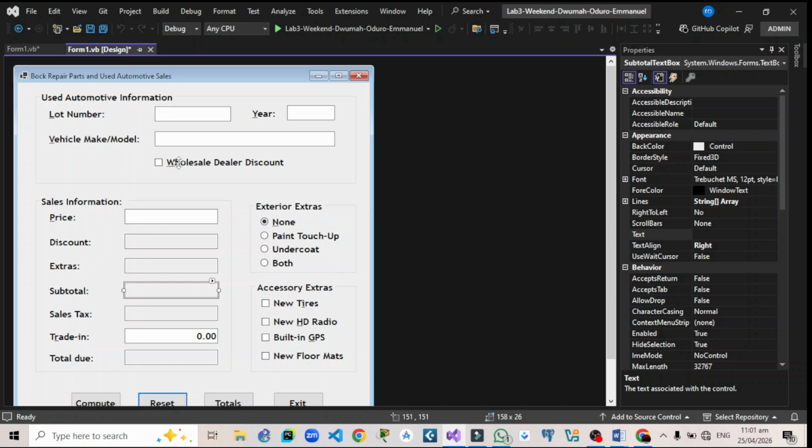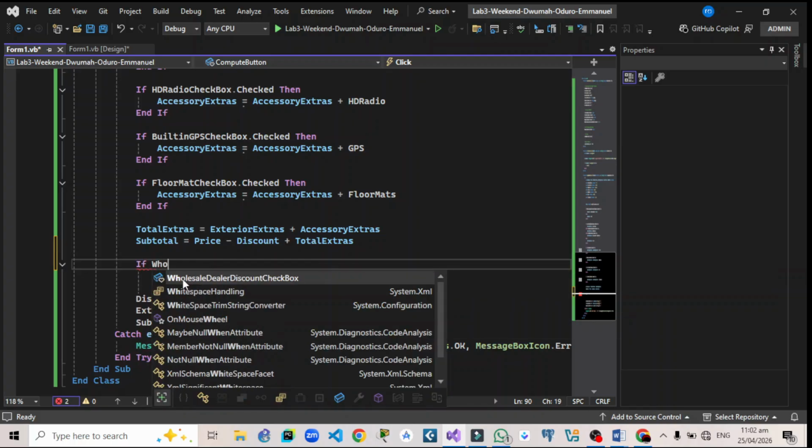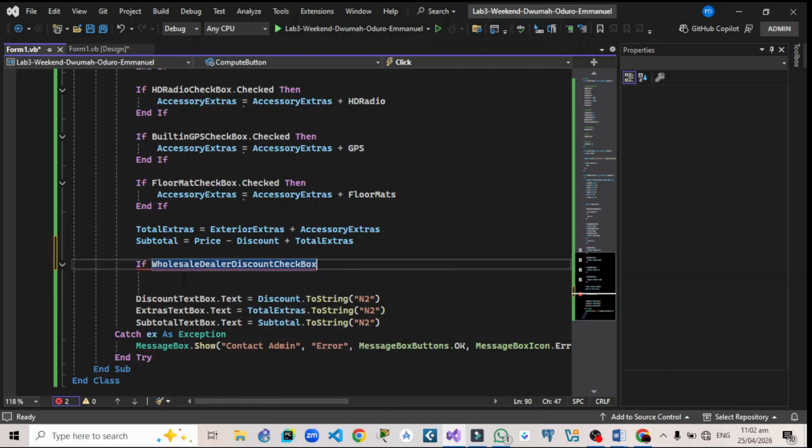So let's go to the code. So if the wholesale dealer checkbox dot checked, so if it is checked,